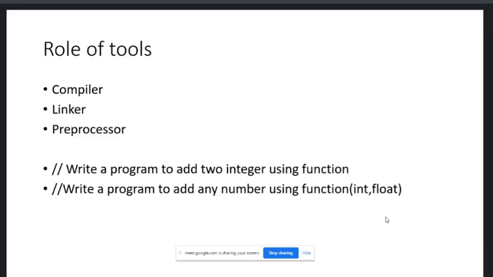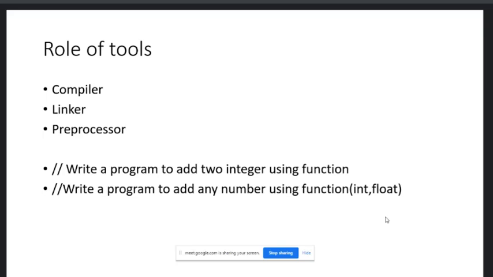The compiler basically compiles the program. When you type any program, the first line is #include stdio.h. So you need to add the header file in your program. But who is going to add this header file? The preprocessor adds this header file, and the compiler only compiles the program. Compiling the program checks for syntax errors. If there is no syntax error, then the object code of your program is generated.